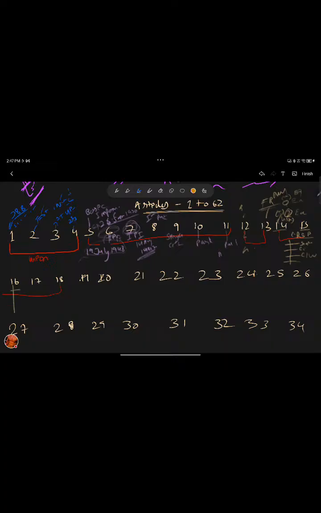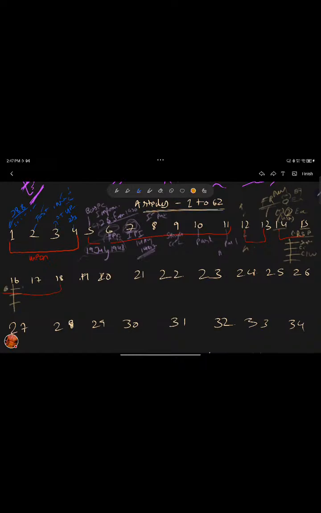Then 16 also has four clauses. 16 is on equal job opportunity for everybody, so that is clause 1. Clause 2 is equal job opportunity, and there will be no discrimination on the basis of caste, religion, sex, descent, and all those stuff.